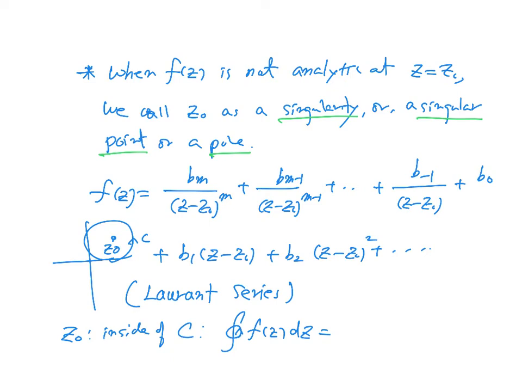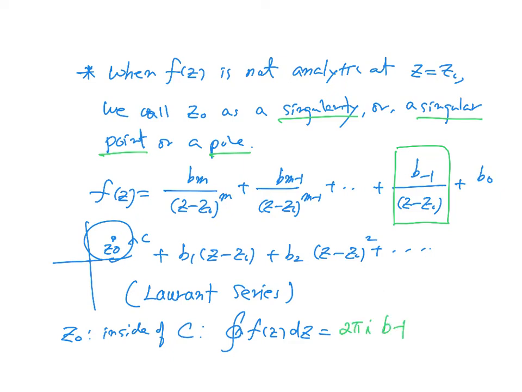We have infinitely many terms in this series, but when you integrate it, most of them will be zero, right? So which term will survive? This one, right? Only this term survives. I mean, no matter how complicated the complex function is, when you do integration, only this one is important. It's 2 pi I